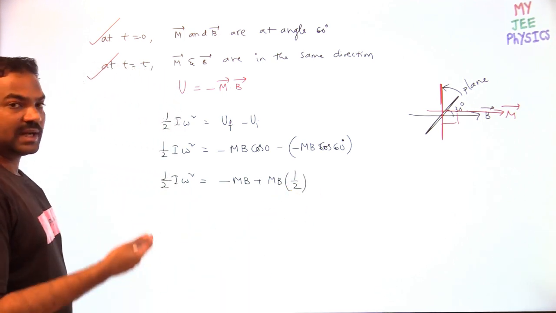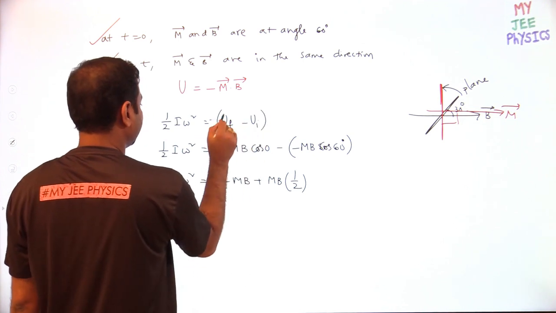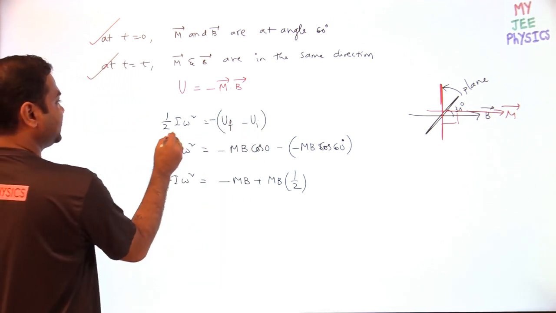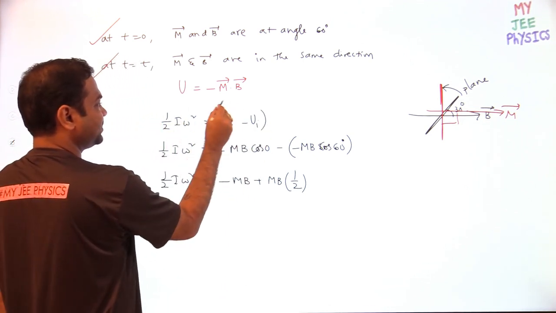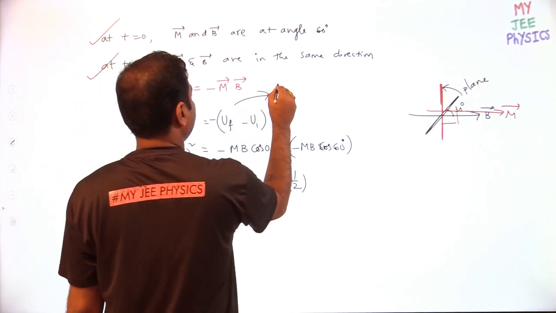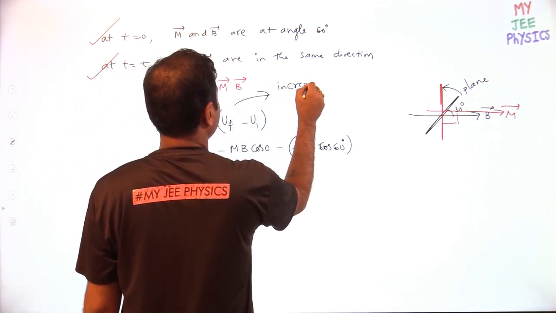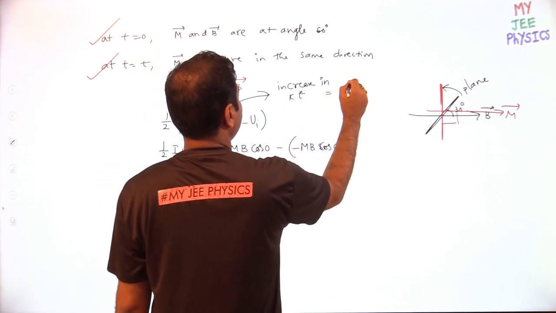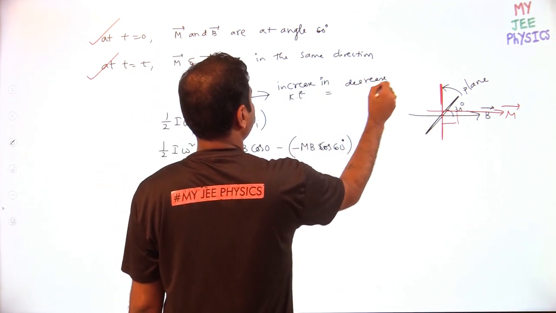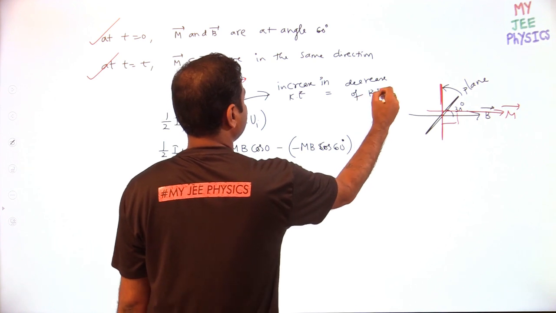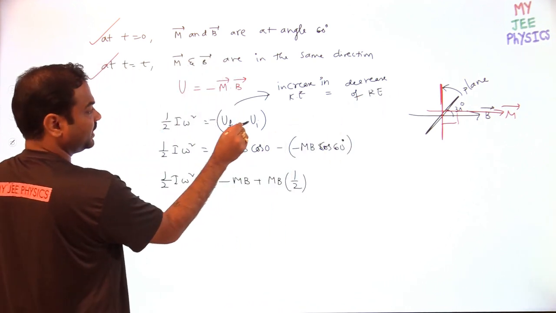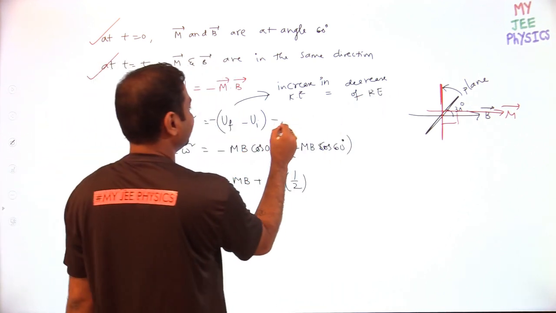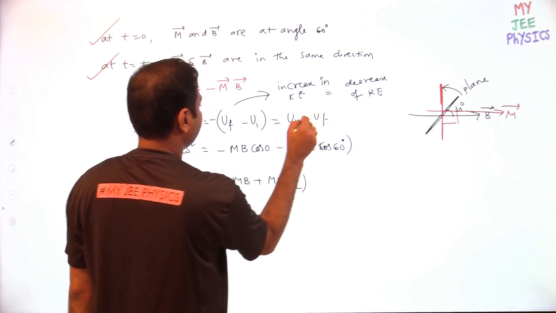Okay, so actually I made a mistake here with a negative sign. Why? Because the increase in kinetic energy is equal to the decrease in potential energy. Actually we are finding the kinetic energy, no? And the decrease of potential energy, that's why you have to keep minus. Initial value minus final value. Initial minus final will give you what?